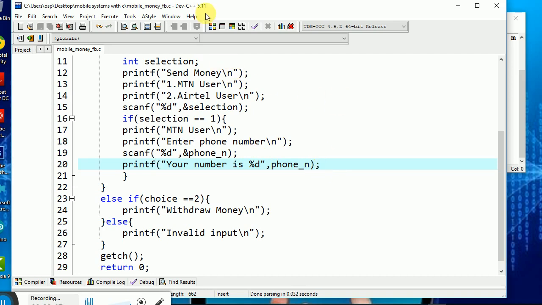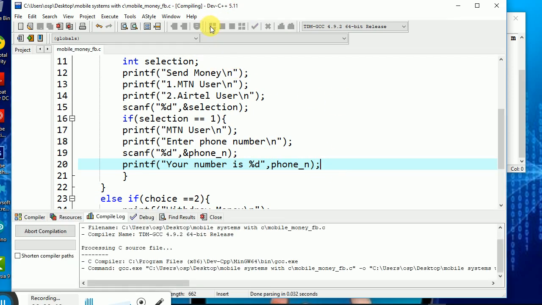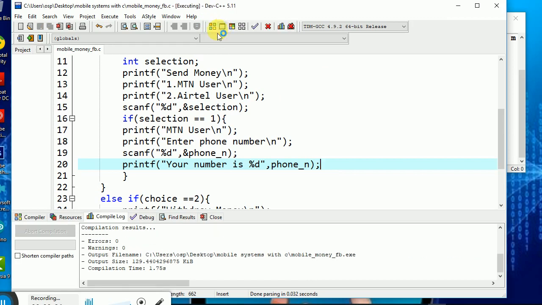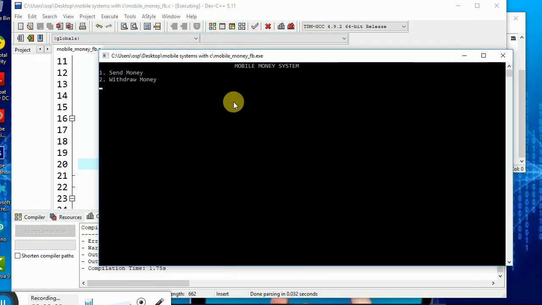So if you check back in our system, this is what we have now at the moment. If you try to cross check, this is what we have. If I press 1, it takes that. So enter phone number. If I say my number is this, maybe 07044855633, wow, good to go. Your number is that. Now there's a reason why the system tends to ignore the 0.